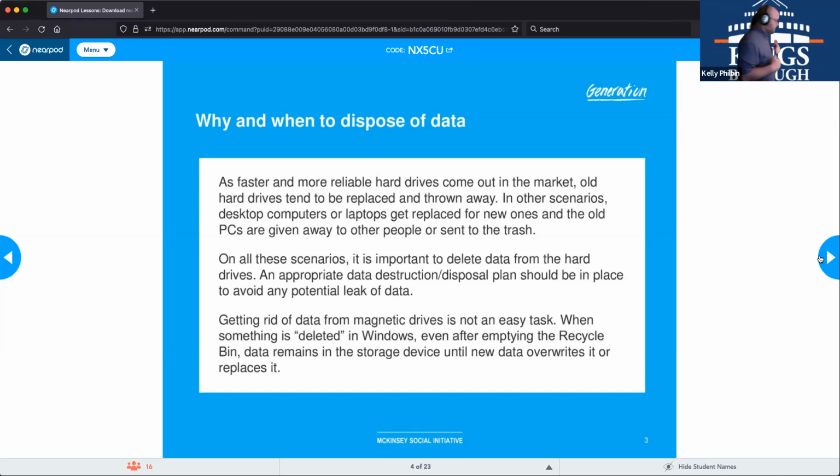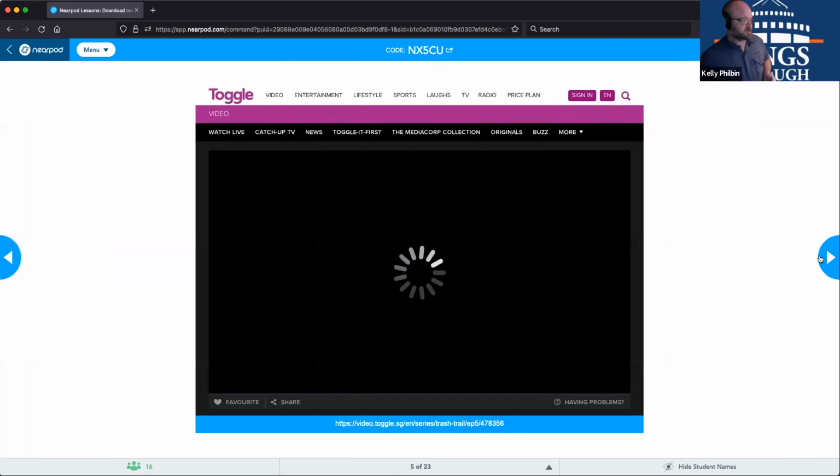Like if I'm giving an old computer of mine to my mother, I'm going to have different methods for data disposal than if I'm giving it to an organization to reuse. So level of trust plays a part in this. And we're going to talk about different things depending on who you're giving this data to or what your legal requirements may be, how you would handle these certain situations. All right.